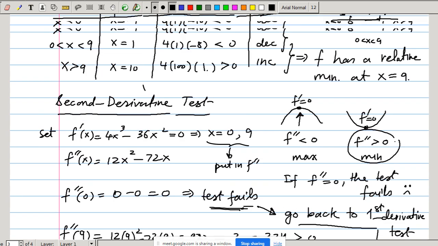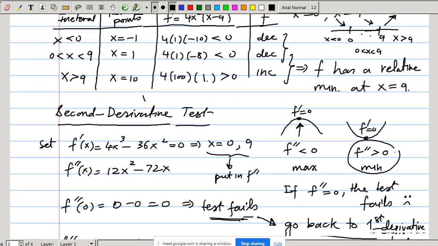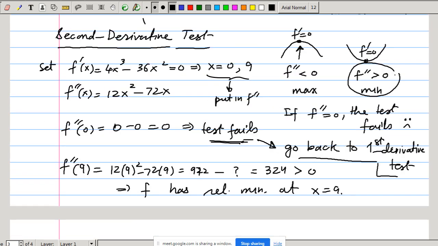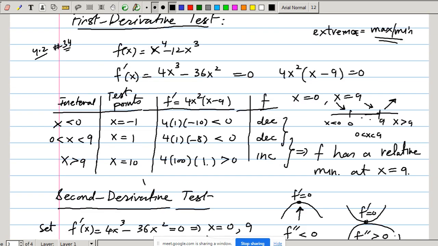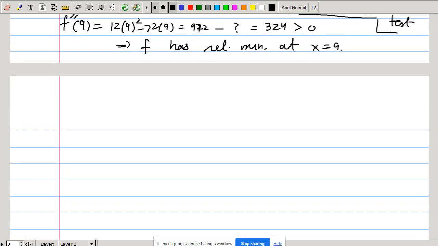So we go back to the first derivative and check what is happening to the left and to the right, and from the first derivative test I know that there is nothing at x equal to 0. So these are the two tests which can be conducted for finding relative maxima minima. First derivative test is simple because it is the same as finding intervals of increase decrease. Once you find the intervals of increase decrease, then